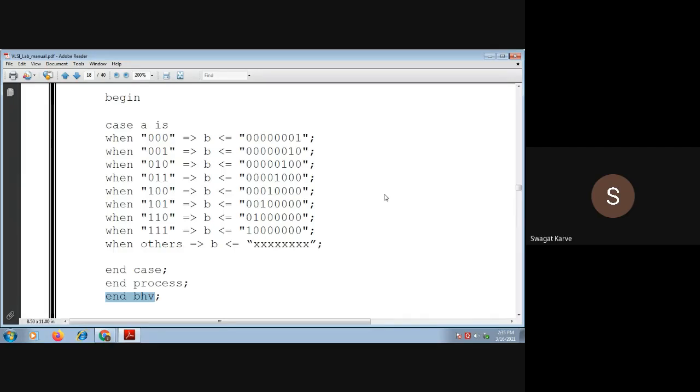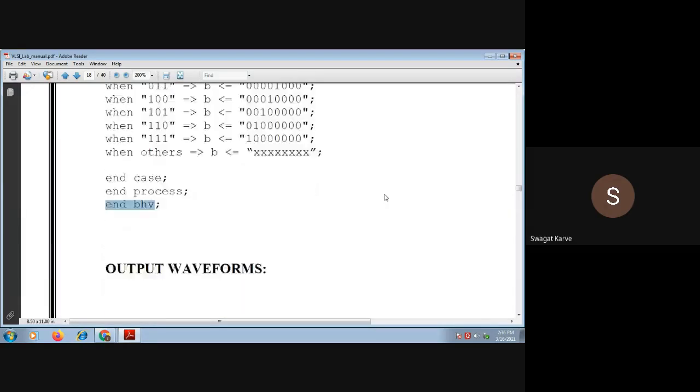So if you think of complex design, you can see to what extent the job of the programmer is reduced with the help of this HDL language, that is VHDL. That's why we should have thorough knowledge of VHDL. It is very useful as far as complex digital system design is concerned. So this is about the 3 to 8 decoder.